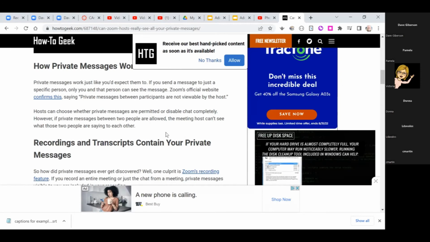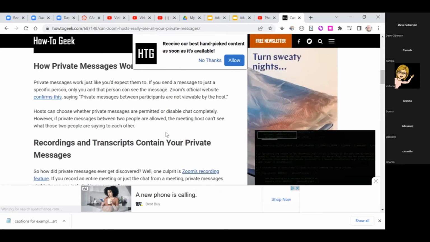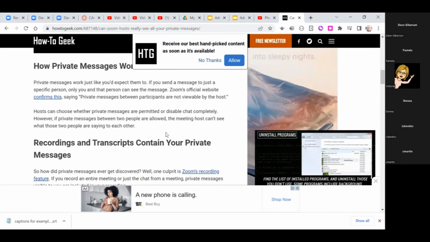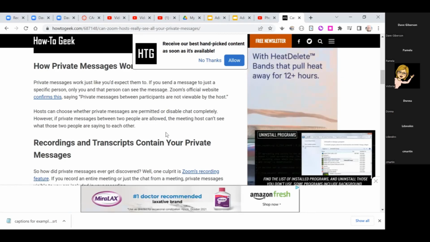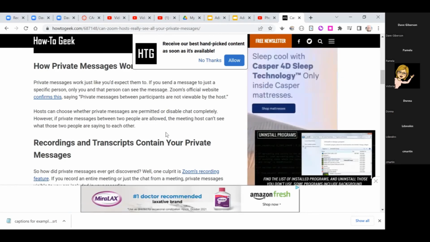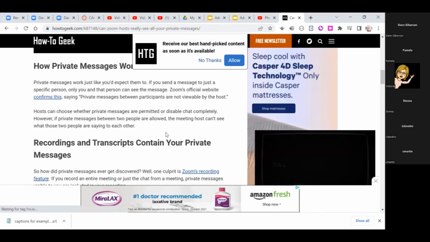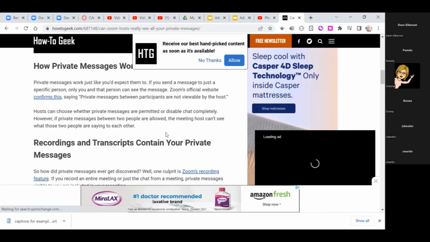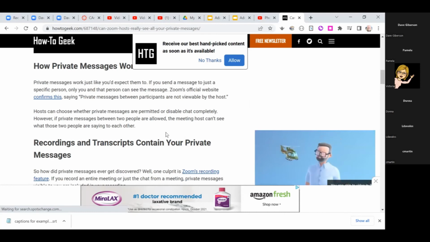So the answer basically to your question is no. Private chat messages, unless you send one to me. If you send me a private chat message and I'm the one hosting the meeting and starting the recording, then yes, those messages would be included in the chat log that's saved along with the recording. But if you send it to somebody else